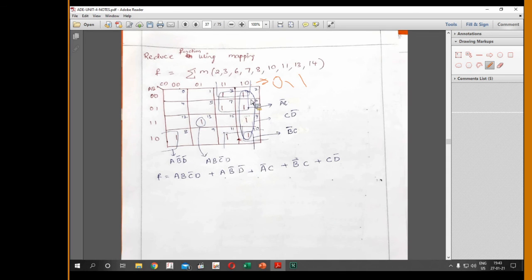Now for the second quad, this is your quad 2. I'm using already covered min terms: 6, 7 with your 3, 2. I could form a quad. So quad 2. With these 2 quads, I totally covered 6 min terms and 3 are left out.